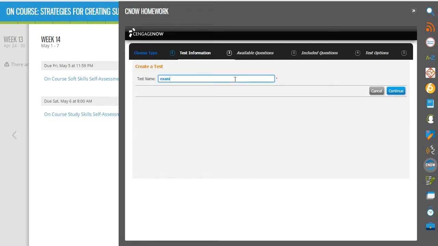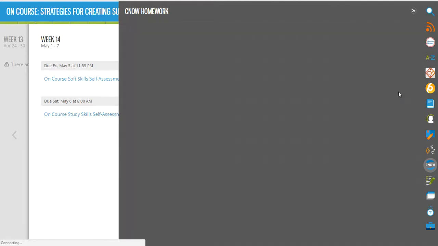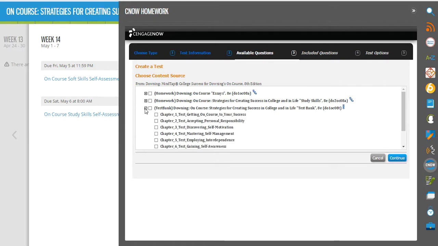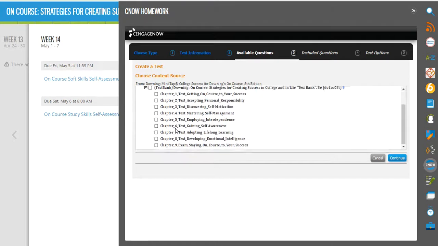I'm going to call mine just Exam so I can delete this because I've already created one and I want to be able to tell my actual one from that one. So notice down here, you'll click the plus sign where it says Test Bank to open up all the options, and you will see Chapter 9 Exam. You want to click that, hit Continue,